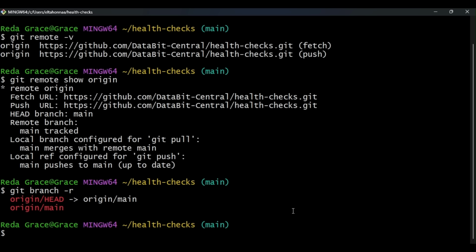To modify their contents, we'll have to go through the workflow we called out before. First, we pull any new changes to our local branch, then merge them with our changes and push our changes to the repo. We can also use git status to check the status of our changes in remote branches as well. Now that we're working with a remote repository, git status gives us additional information. It tells us that our branch is up to date with the origin/main branch, which means that the main branch in the remote repository called origin has the same commits as our local main branch.